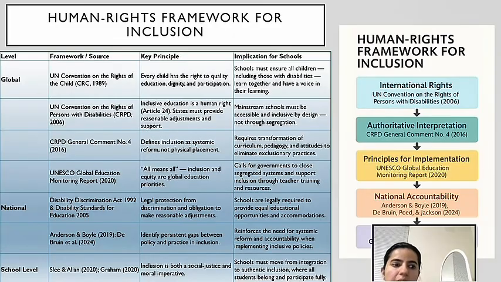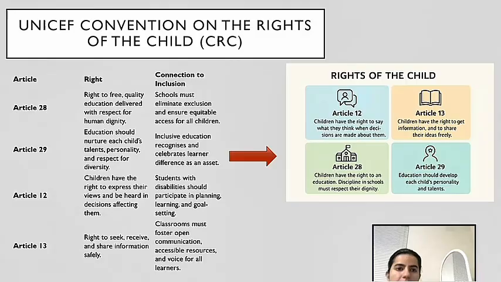On this slide, not only on national or school level, even on global level, we support that there should not be segregated units and must have inclusive classrooms. Take time and have a read on all the principal implications for school and some of the famous frameworks. The UNICEF Convention on the Rights of the Child, Articles 28, 29, 12, and 13, strengthens my statement for having inclusive classrooms